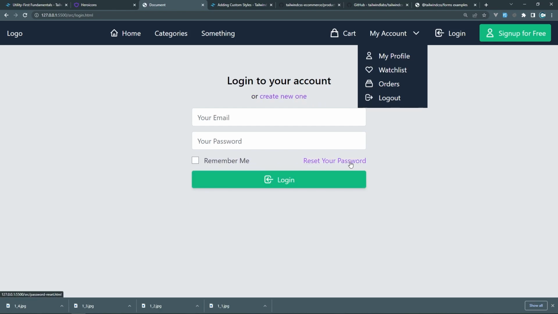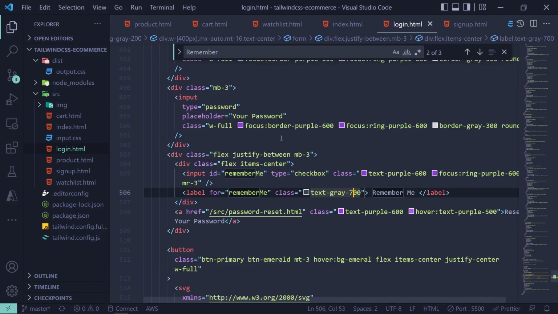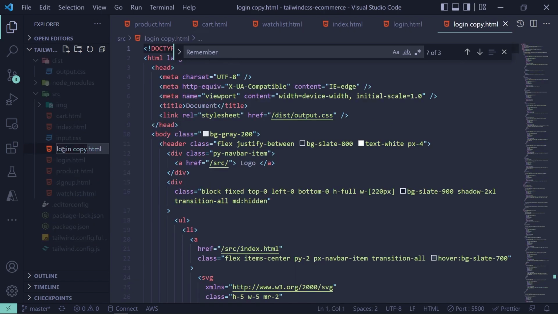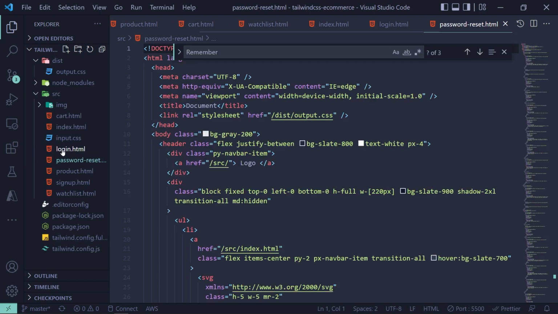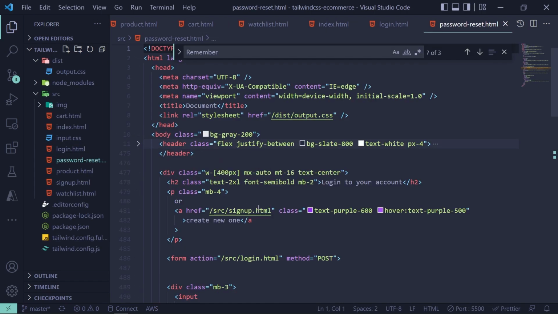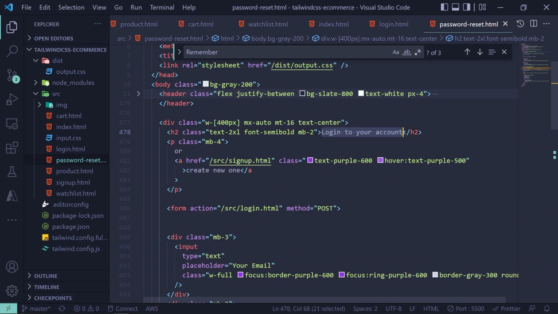We can create now reset your password. And that's password reset HTML. So I'm going to copy and paste login HTML and call this password reset HTML. It should not be uppercase. Password reset HTML. Okay. Enter your email to reset password